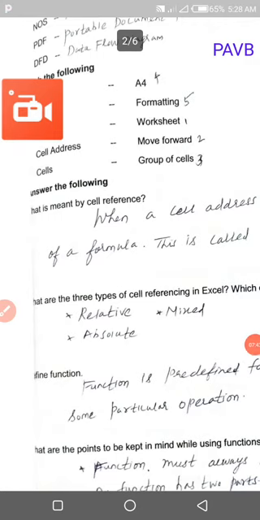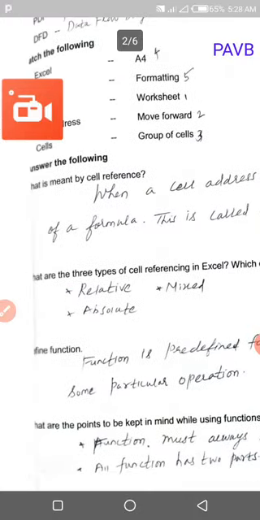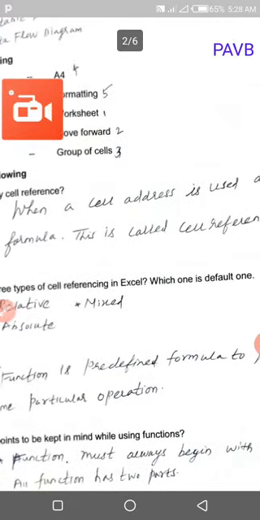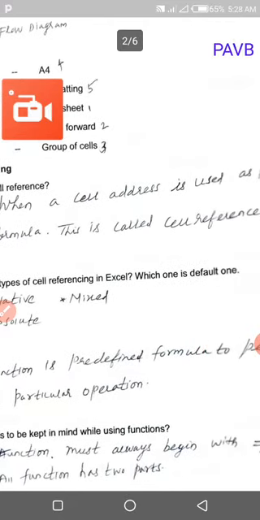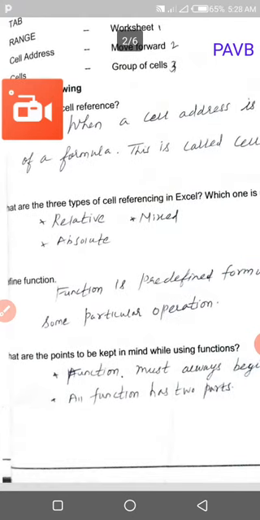Answer the following question. What is meant by cell reference? When the cell address is used as a part of a formula, this is called cell reference. There are 3 types of cell reference in Excel.